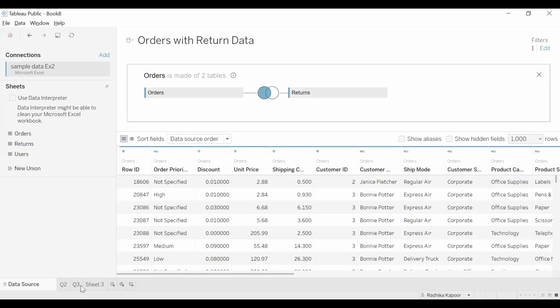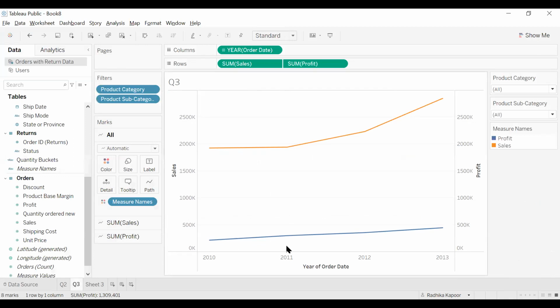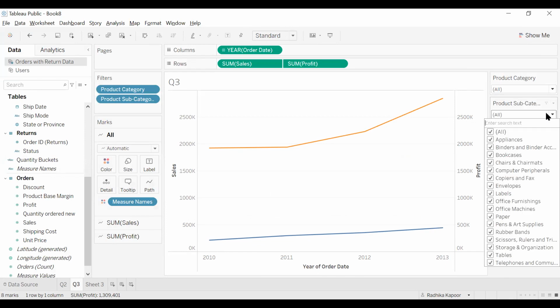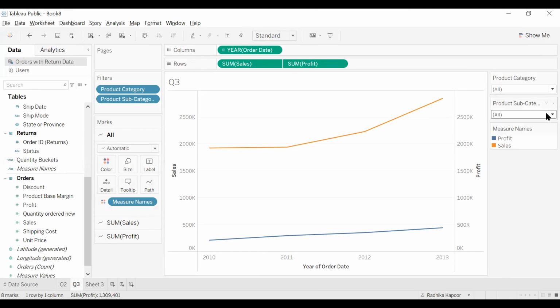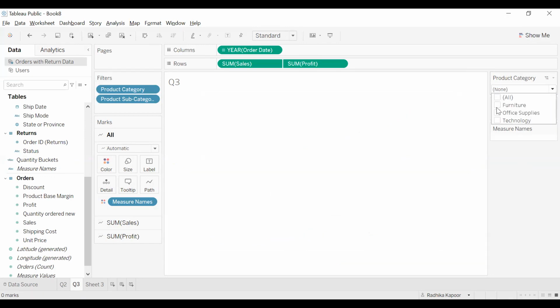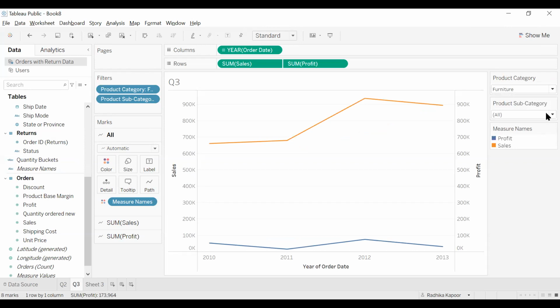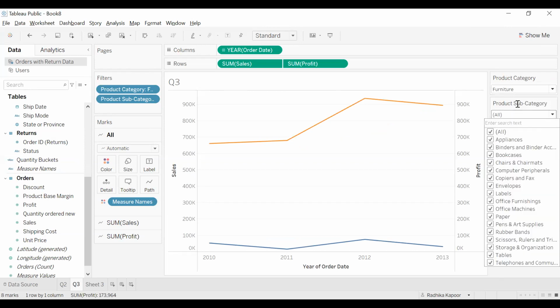So here I've created 2 lines, one for profit and one for sales. I've given the 2 filters of product category drop-down and product subcategory drop-down. Now, my question is, how can we link these two? Every category will have some subcategories. So furniture will have some subcategories, but right now it's showing me all the subcategories.